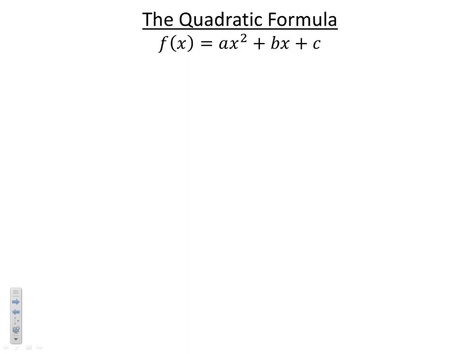All right? What you see below here is the general form of a quadratic. f of x equals ax squared plus bx plus c. And what we want to do is solve this for x. And in order to do that, we have to complete the square. So when I solve for x,